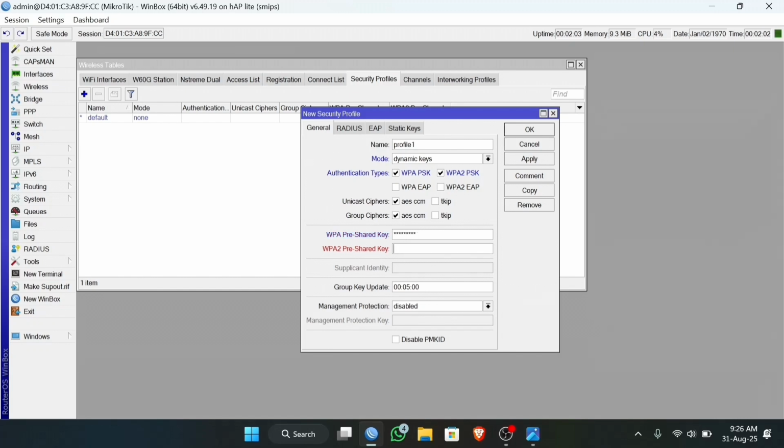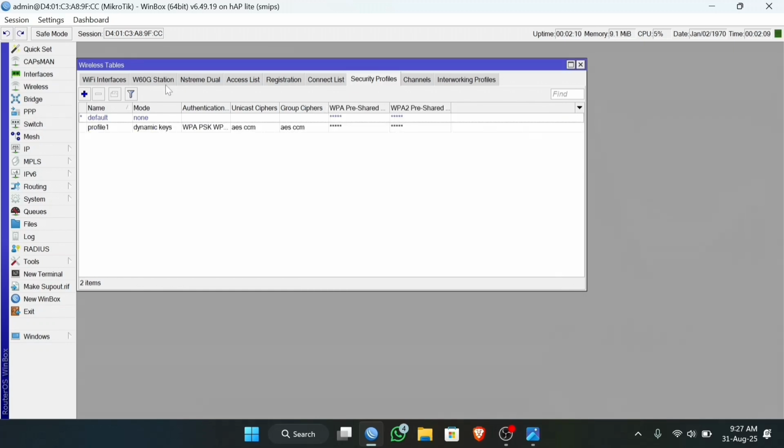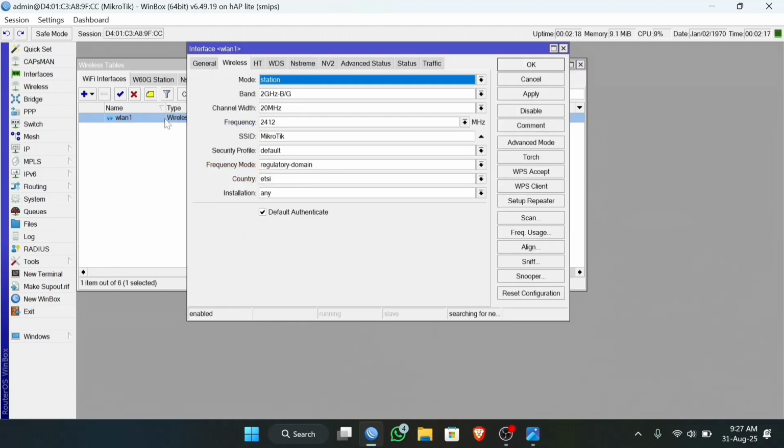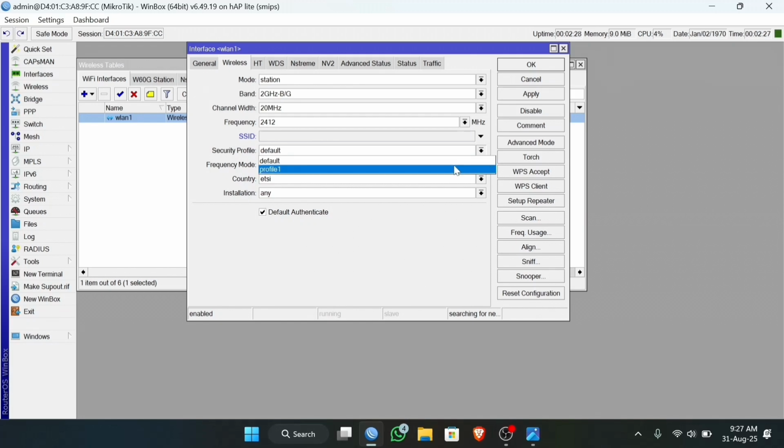WPA2 pre-shared key, same. Then click OK. After that we go back to the Wi-Fi interface and double click on wlan1. After clicking, you blank the SSID like this, and change the security profile to the new profile.